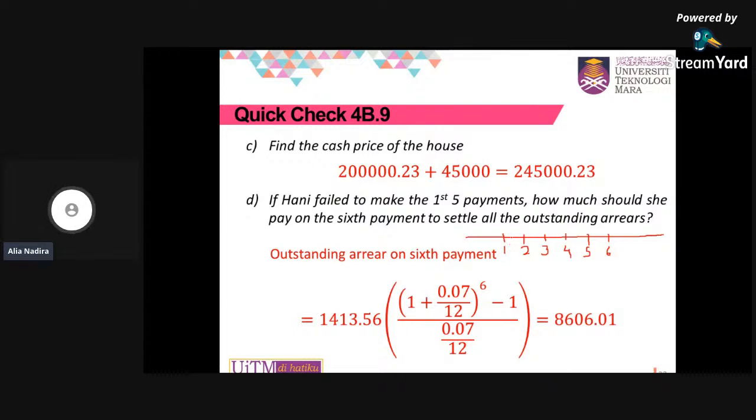So sekarang dia tak bayar on the first 5 payment sampai number 5 ni, but Hani will pay on the 6. Okay, so what you need to do, you just lukis arrow lah. Kita lukis, you just draw the arrow, so boleh you nampak. So this arrow is ke kanan, to the right kan. So to the right means future lah, you nak tahu future. So then only you guna future punya formula. So you just substitute your R, your K, M, K. Tapi kat sini berapa banyak payment yang dia bayar. So now we want only to calculate the 6 payment. So you letak 6 here.